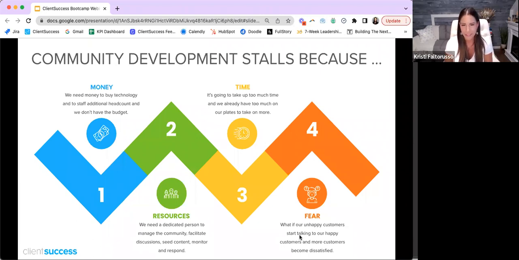Right? I think it's because, again, we have this grand idea of what community is, right? We're bringing thousands of people together. We have to have a place for it to go. We have to have shirts and logos and values and a monitor and all these things. And that's just not the case, right? Because again, community is not about the scale and the size. It's about the connections, about the conversations you're facilitating.